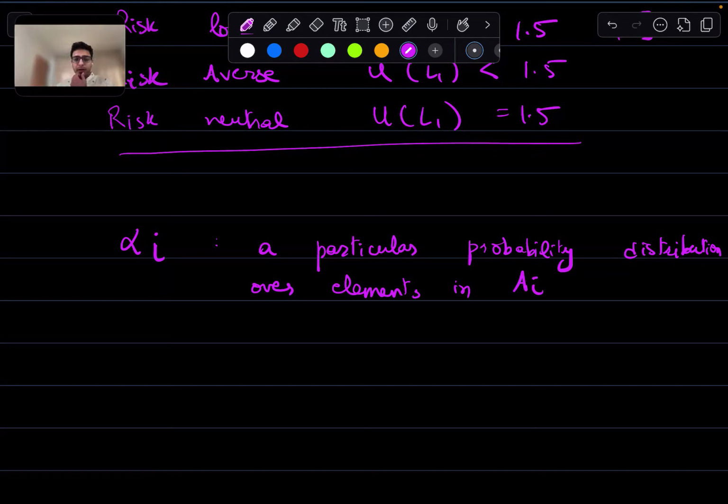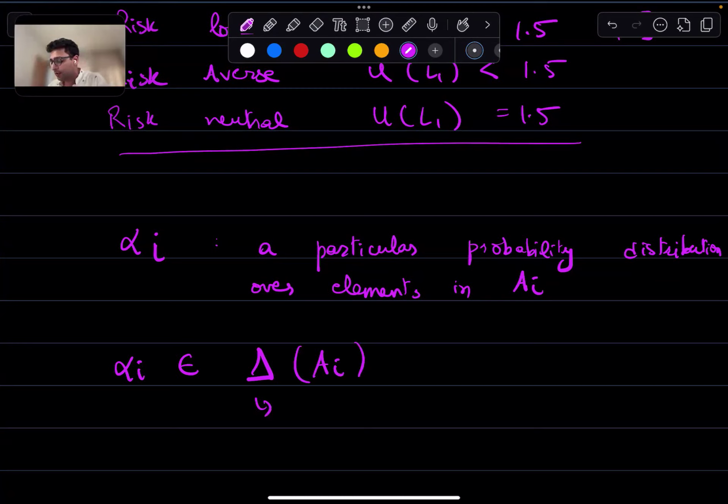Right, so do you remember A i, small a i? That was an action chosen by a player when we were thinking about pure strategy Nash equilibria. Now that we're thinking about mixed strategy Nash equilibria, a particular action, the choice that a player makes here is going to be a probability distribution over all of the elements in the action set, right? And so that alpha i will come from delta A i,